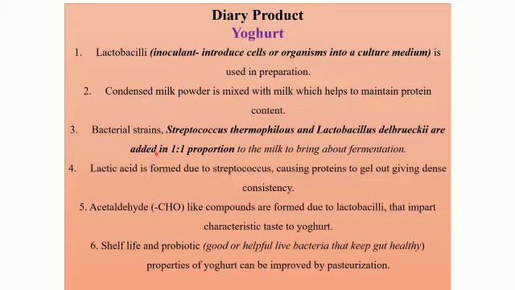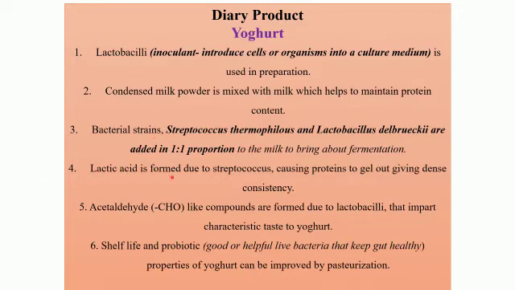Now this milk that we are fermenting is already heated. It is already boiled and pasteurized, and once it attains a temperature that is suitable so as to bring about its fermentation, all the ingredients, that is the bacterial strains, are going to be added along with the condensed milk powder. So two types of bacteria are added.